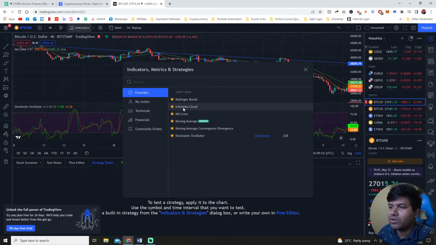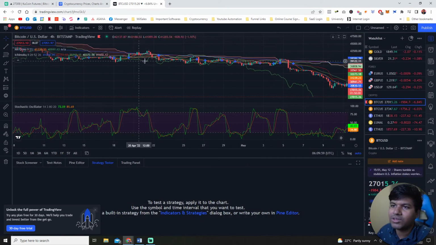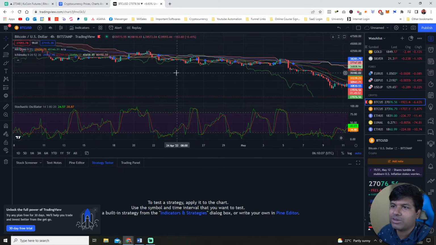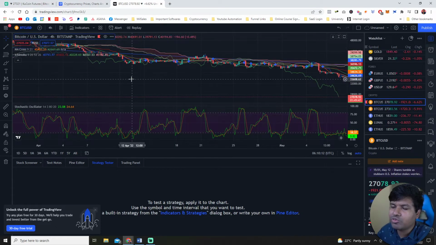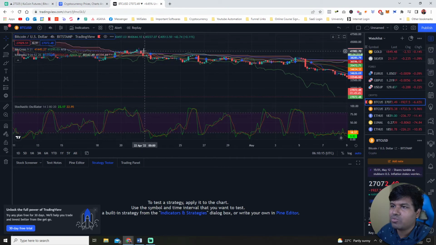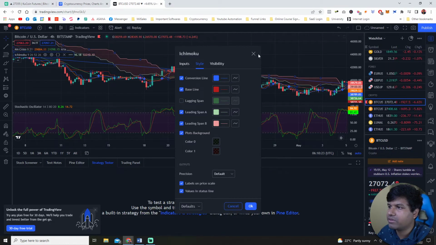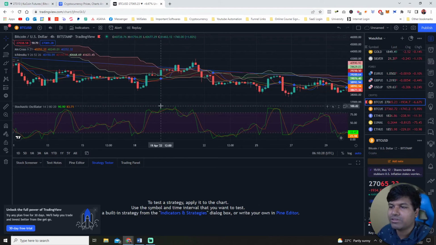And the final one we are going to use is the Ichimoku Cloud. What the Ichimoku Cloud allows us to do is find the support and resistance levels of different cryptocurrencies. Now, usually when we are shorting, we want to be under this cloud. If you look at the Ichimoku cloud, you can turn the lagging line off, we don't really need this one, it's just personal preference. But in here, the other strategy you should combine is when